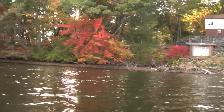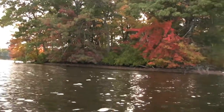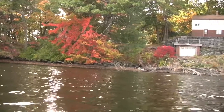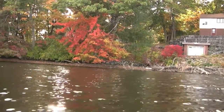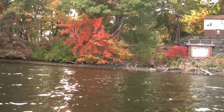So now that fish is going to jump. And I'm pretty sure at this point when I see it jump that lipless is indeed on the outside of its mouth. I'm still getting a lot of that feedback. So I'm going to back off on my drag. So I start backing off, and after that first jump,